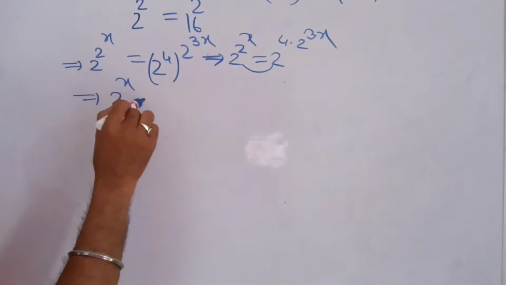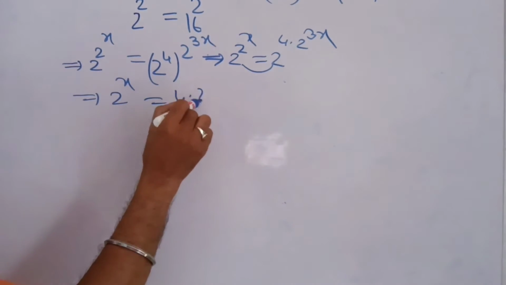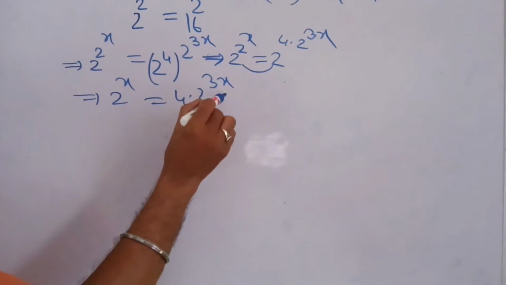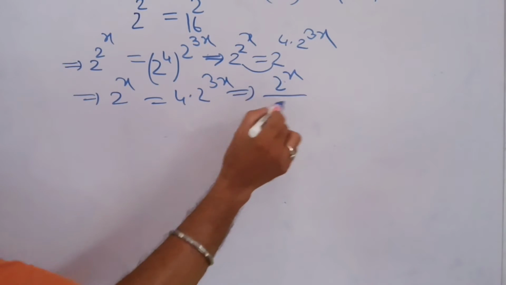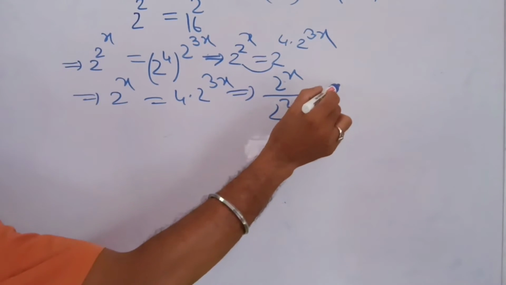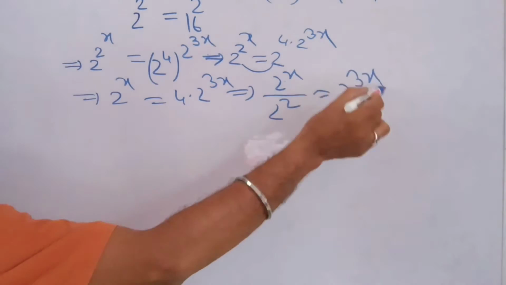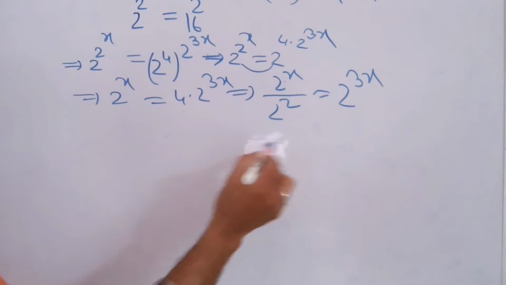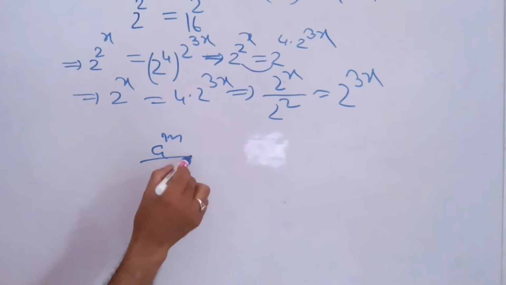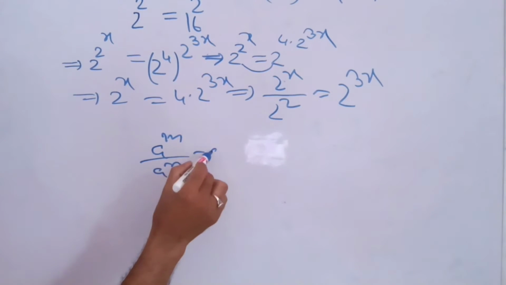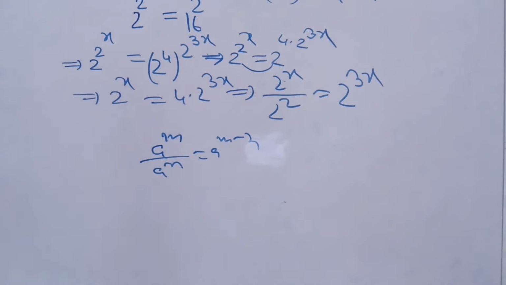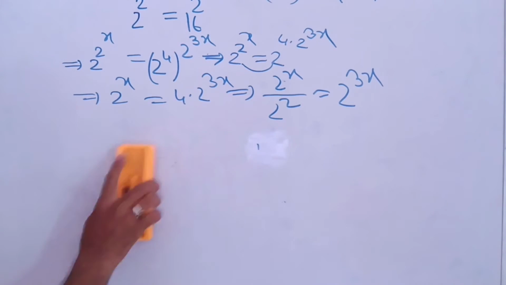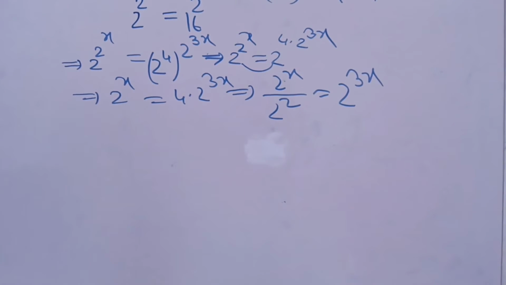the power x is equal to 4 into 2 to the power 3x হ'ব। যদি 4টো আমি লেফট সাইডে আনো 2 to the power x 4 means 2 square, রাইট সাইডে থাকিব 2 to the power 3x। তো এইটো ফর্ম হৈ গ'ল a to the power m divided by a to the power n is equal to a to the power m minus n ফর্মত হৈ গ'ল এইটো। তো a to the power m minus n ফর্মত নিলে এইটো হ'ব x 2 to the power x minus 2। তো আমি এই ফর্মটো কৰি ল'ম